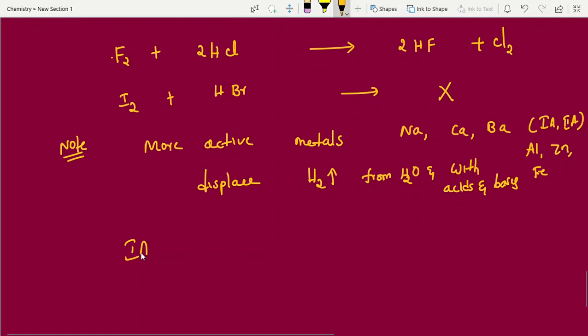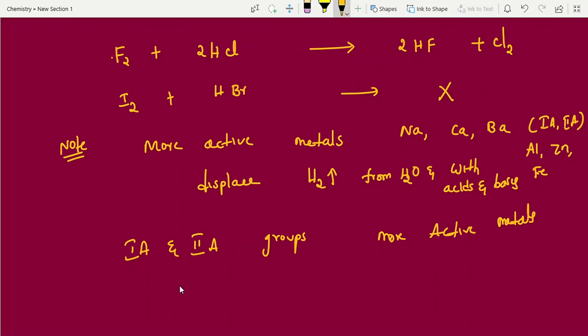First A group and second A group are more active metals. They can displace all metals, but they will ask some questions here. Next to that, D block elements, generally Zn, iron, these metals. Not all D block, Zn, iron like this. Okay, less active metal: copper is also D block only, but that is not more active, that is less active. When comparisons are there, we can learn all these points in electrochemistry time. In coming days I am going to do electrochemistry also, so we can understand more.